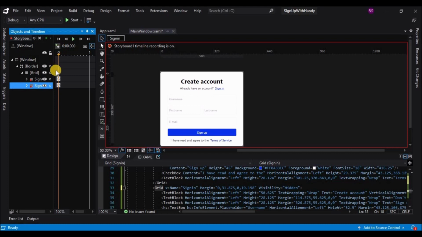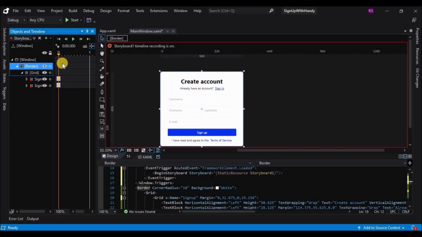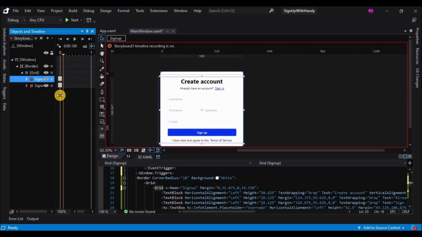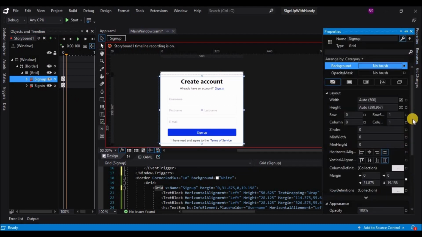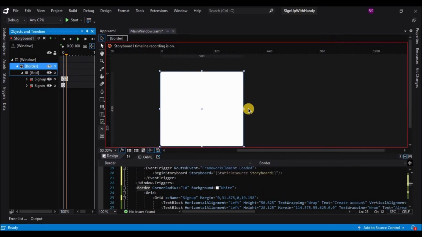Now on the second keyframe, make the sign up grid hidden. So sign up should be hidden on the second keyframe, and on the second keyframe itself the border's width should be decreased.